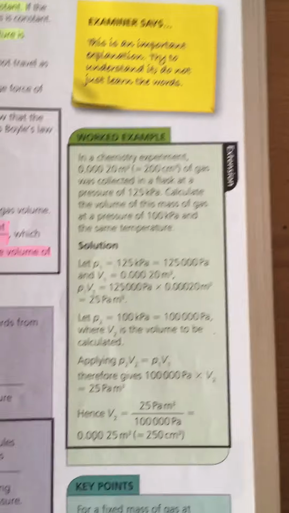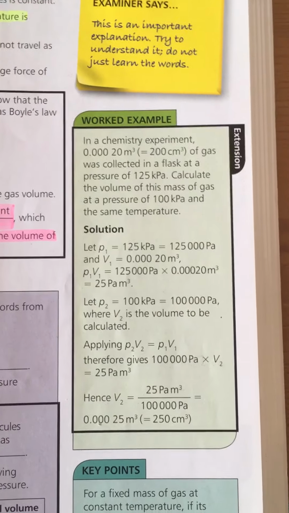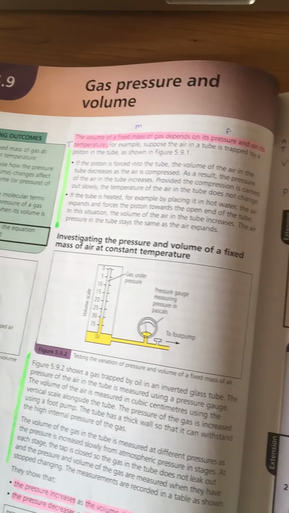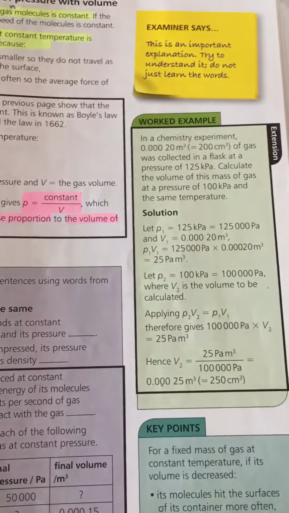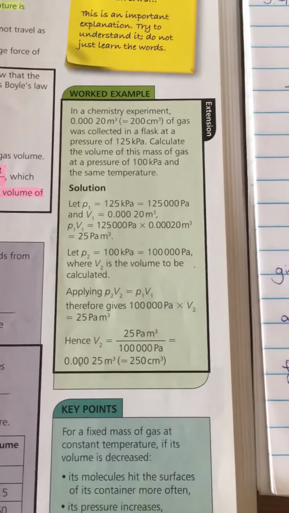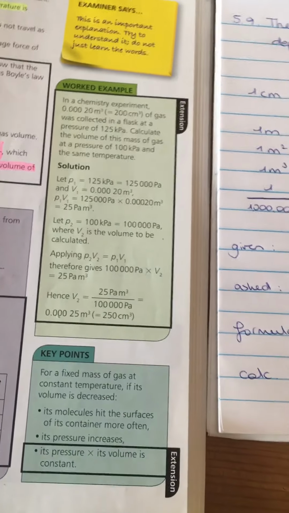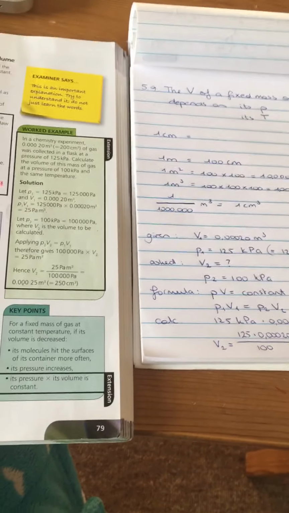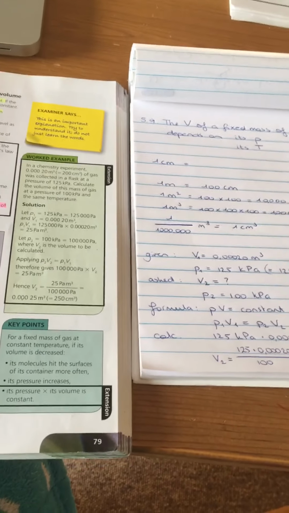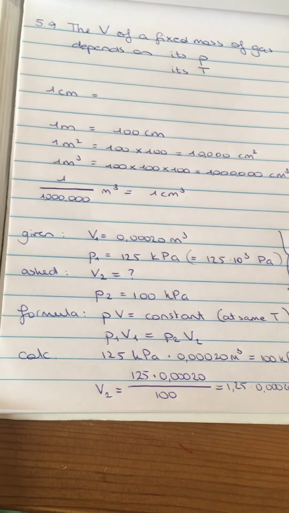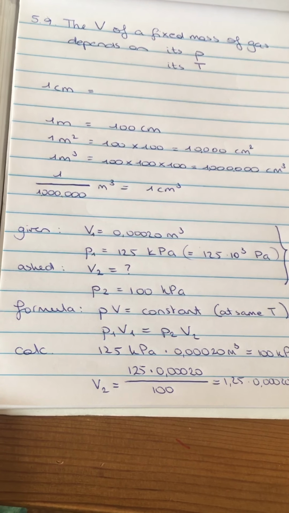So as promised, I'm going to explain to you the worked example of unit 5.9, gas pressure and volume. I just want to remind you that here again we work with given and asked. Here you can see on the paper next to my book that I've written down a given volume of